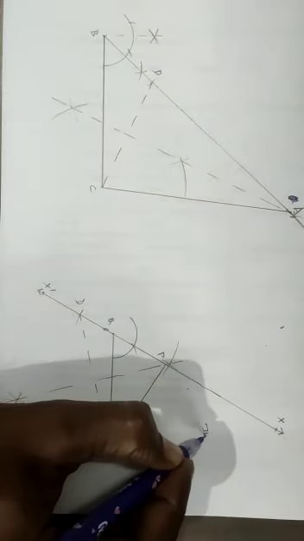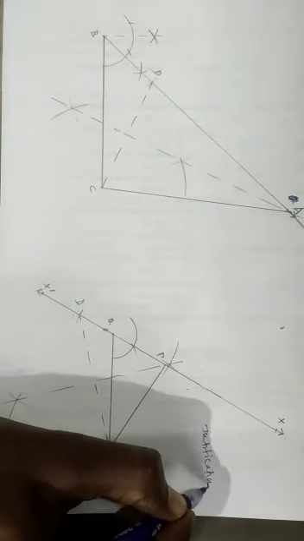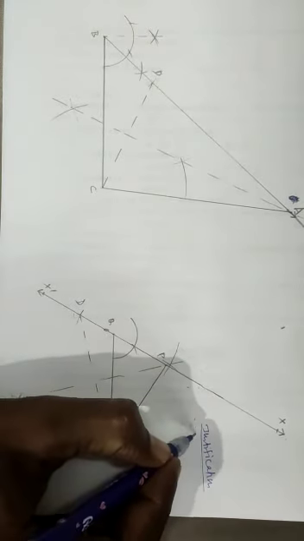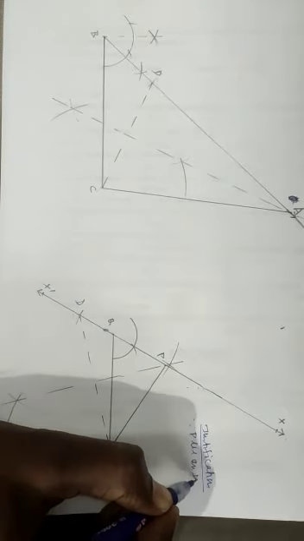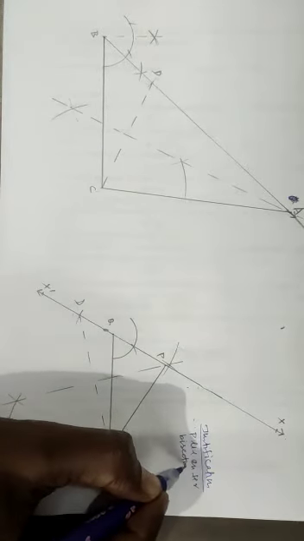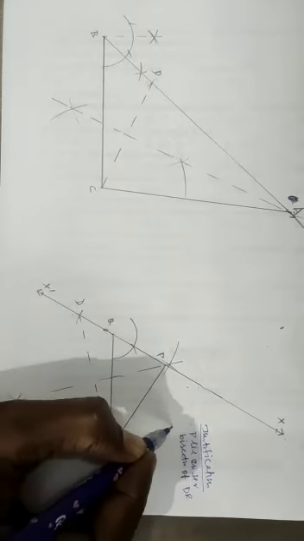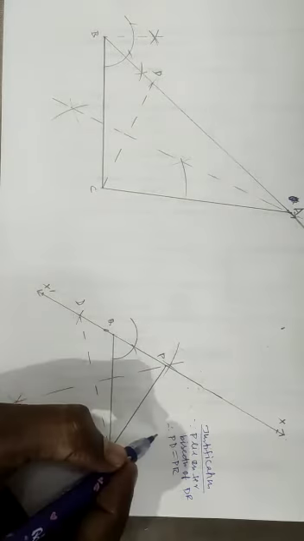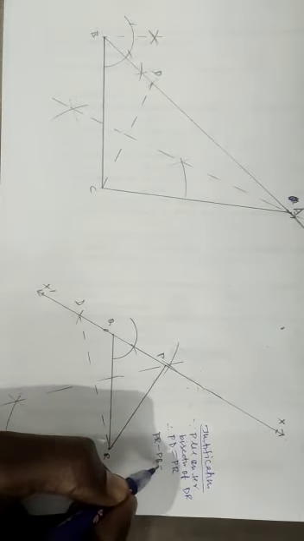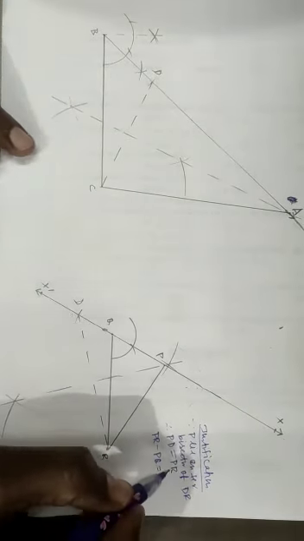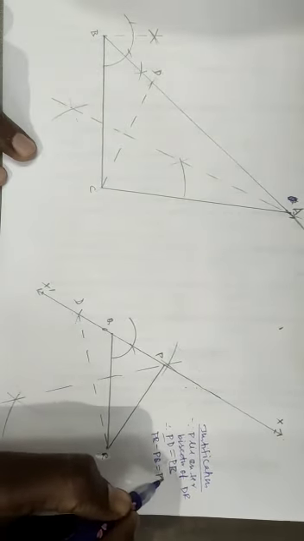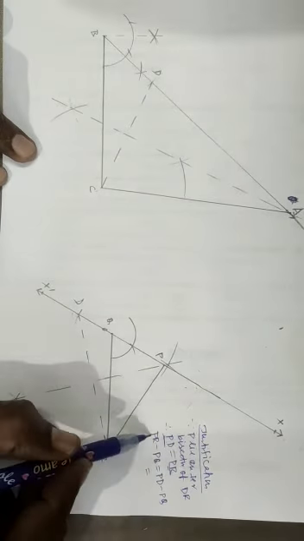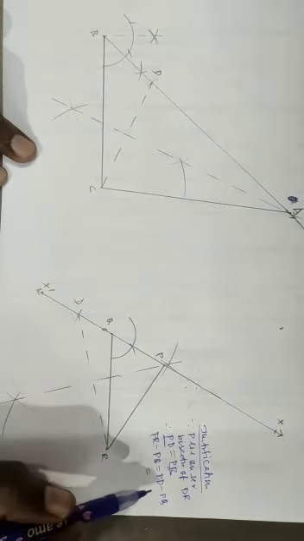See, in the justification part for this construction, here P is lying on the perpendicular bisector of DR. So since P lies on the perpendicular bisector of DR, therefore PD is equal to PR. Now we have to prove that PR minus PQ is 2. So we can now replace PR by PD. So we can write PR minus PQ as PD minus PQ. Since we have proved PD is PR, we can replace PR by PD. So it becomes PD minus PQ.